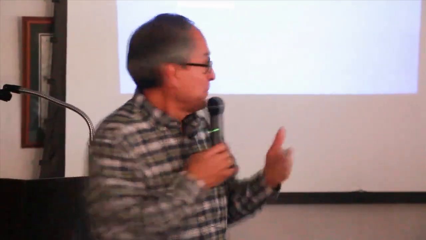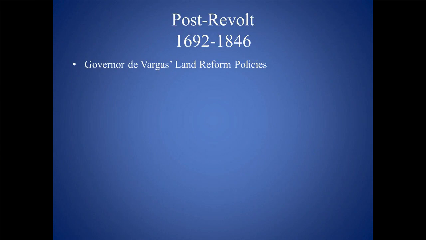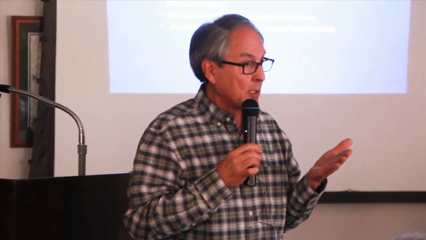Those that survived the revolt went back to El Paso. El Paso del Norte is what it was called. And if you look at church records, it was called Nuestra Señora de Guadalupe del Norte. And you're going to find that when de Vargas came back with the Spaniards, he knew what created this revolt in 1680. He said then, we're going to change some things.